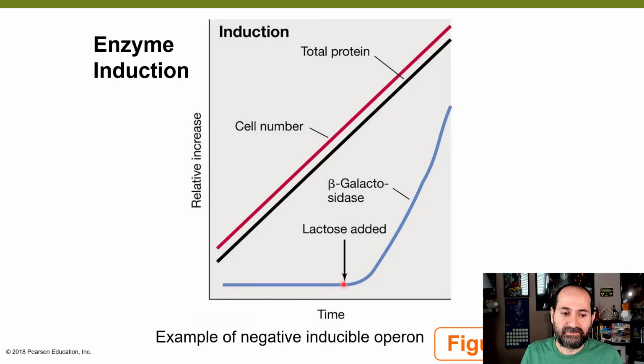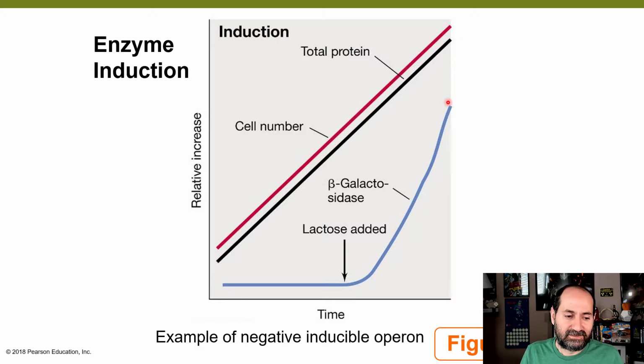The lactose is the inducer, and you have gene expression of enzymes like beta-galactosidase. This is the enzyme that breaks down lactose. Does that make sense? You would not need beta-galactosidase before you have lactose present. But once you have lactose present, lactose serves as the inducer, turning on beta-galactosidase expression, and beta-galactosidase is the enzyme